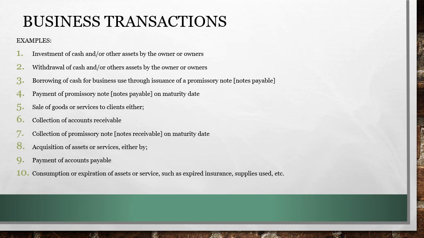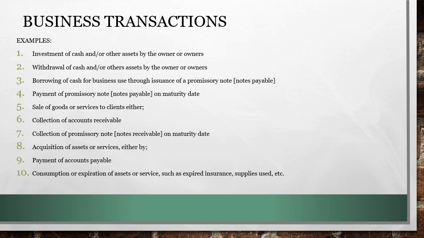Counting element there is a liability. Payment of promissory note, again, liability. Sale of goods or services to clients, either cash or on account. Collection of AR, so the effect of that is on the assets. Collection of promissory notes, acquisition